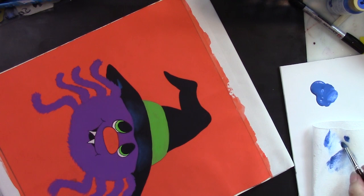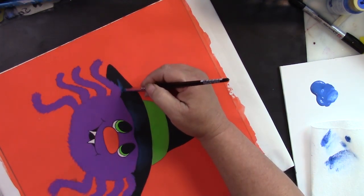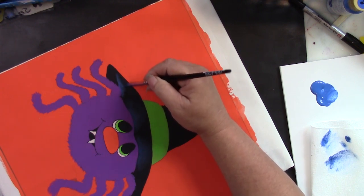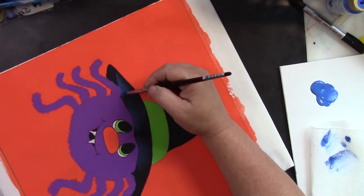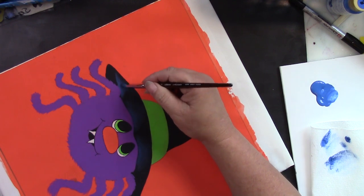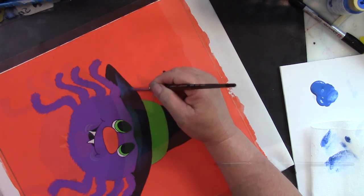Now, I did not give myself enough time to really work that in my brush, and so that was a little bit bright. So let's see if I can just work that out. I love dry brushing, it's so forgiving. And I'm not going to take it too far out. What's really important is that right now they're not really touching. If for some reason you bring them together, that's okay, because I'm eventually going to come over and float along the